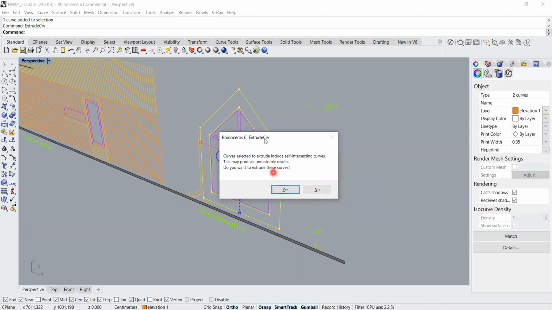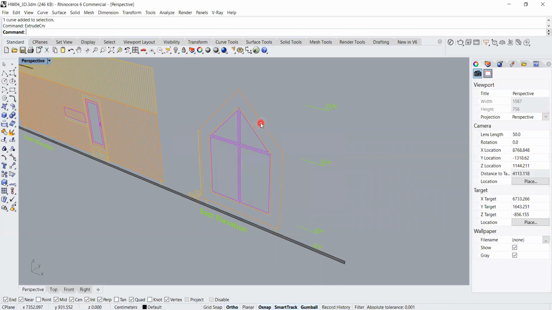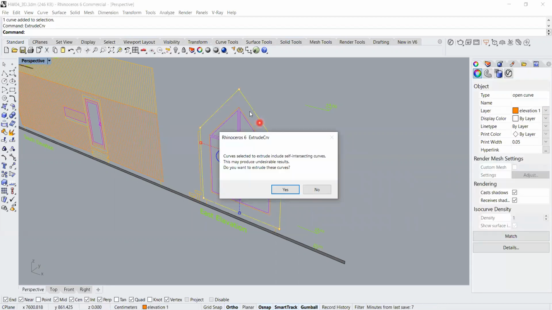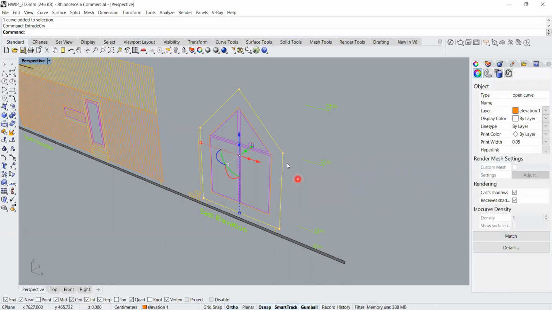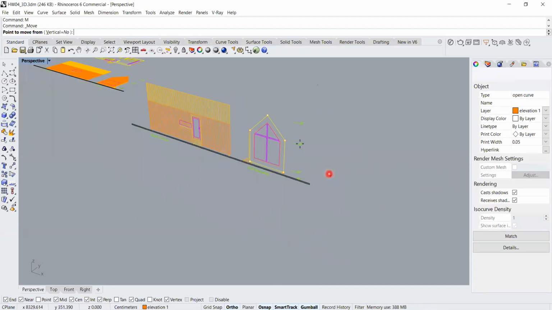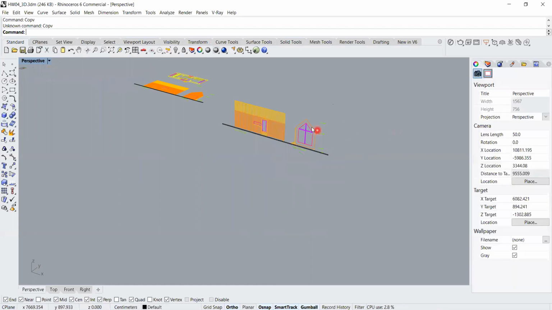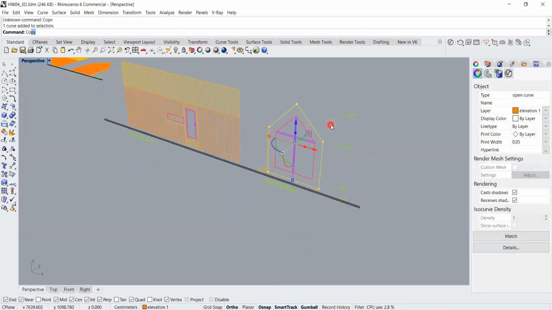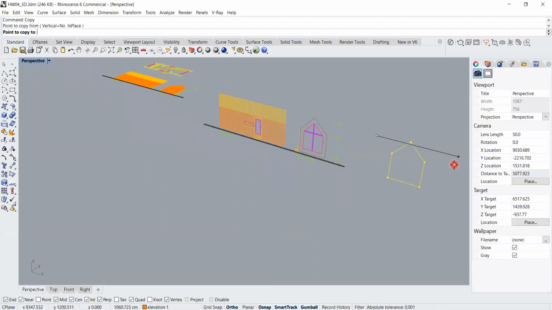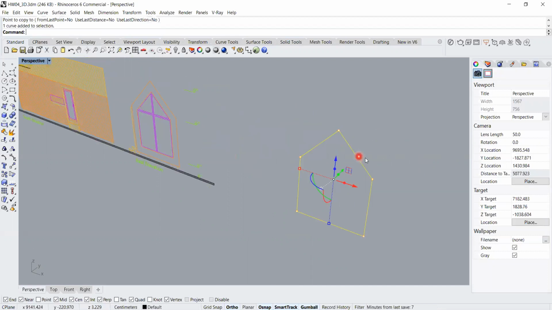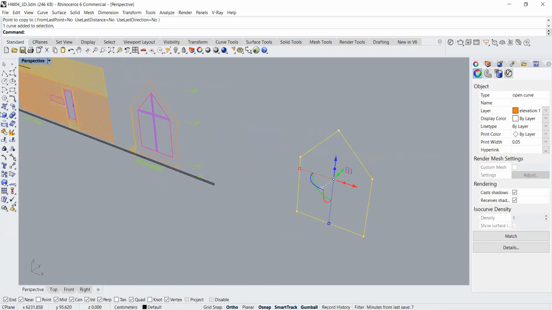Yeah, there is a problem in the curves that we have built beforehand. So because of this, there is an error that is occurring here. So do it one by one. Yeah, there is a problem in this actually, you know, curve. So maybe it is not closed. Let me just copy this one and see what is the problem. Okay, I write copy and bring it to the side and explode this one with this icon here. Explode this and see whether all of them are